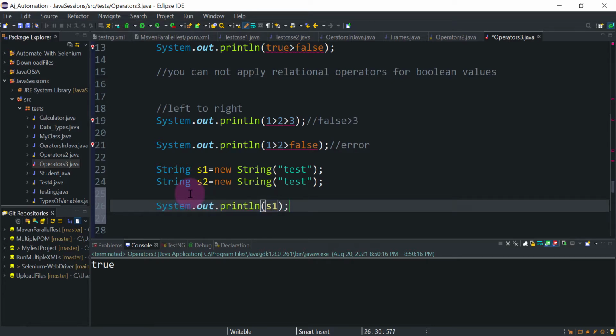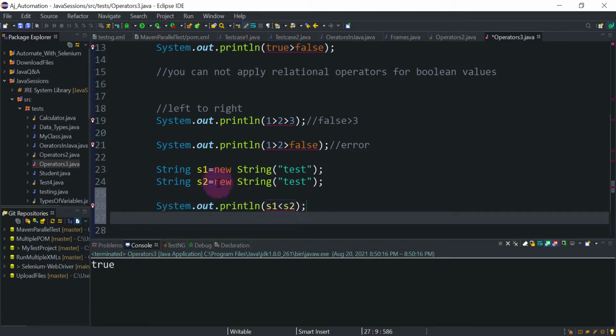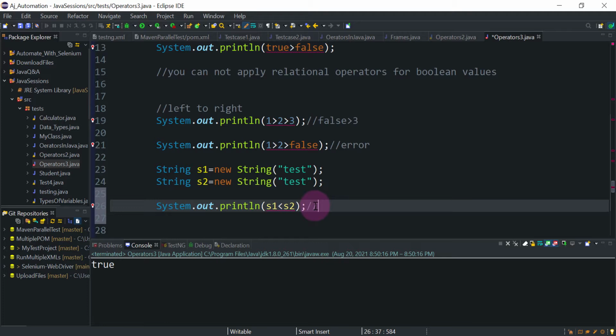If I try to compare s1 less than s2, this statement is meaningless. We are comparing the objects, not the values of the objects. Let's say you try to compare two students, one named Sam and one named Tom. If you say Sam is greater than Tom, this statement is meaningless.